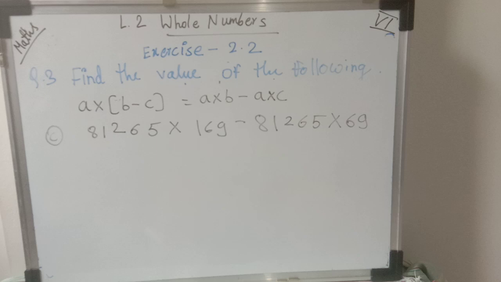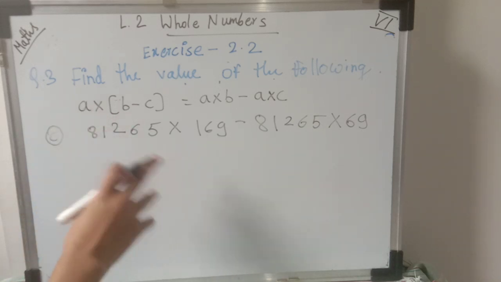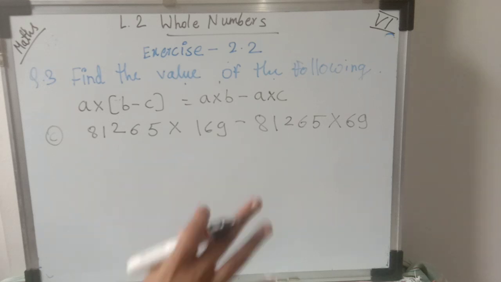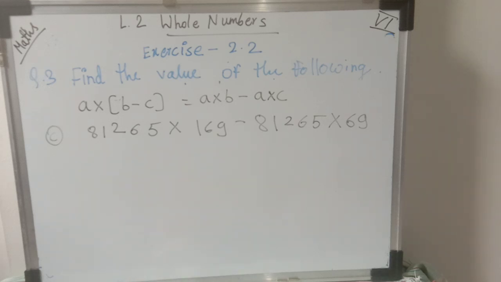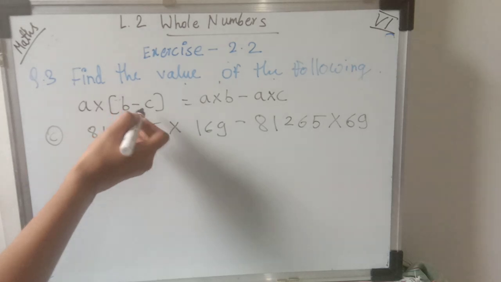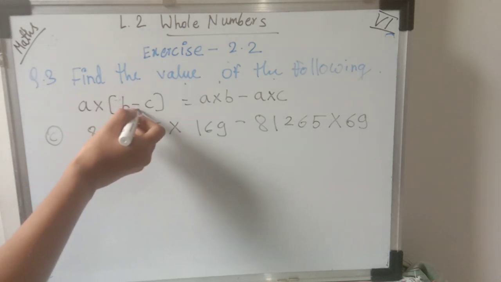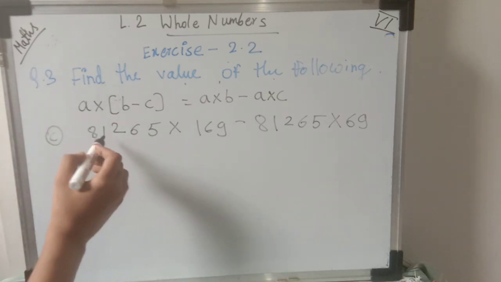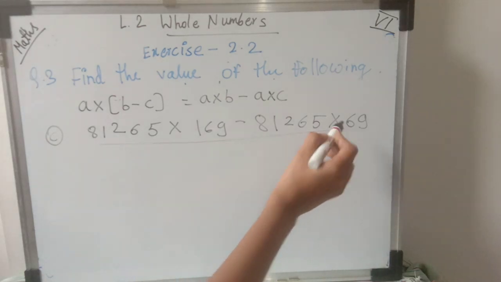Now C is an example where, as I said, we have to do the subtraction. Okay, the same distributivity property is there, but we have to do the subtraction, meaning distributivity of multiplication over subtraction. So here the sign is changed. Instead of plus there is a minus sign. Very simple. Same way we have done the addition, here we have to do the subtraction.